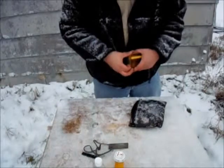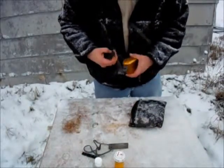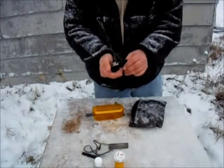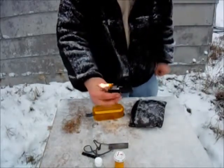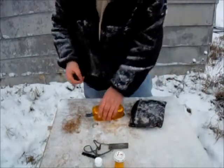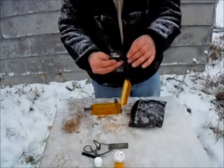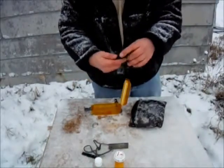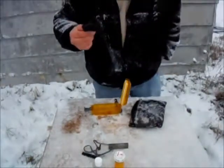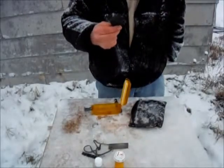And of course, my preferred fire starting method is right here. Good old Zippo lighter. My thumb's a little cold, a little tough getting going, but it strikes every time as long as I keep it fueled up. Now, if you carry one of these in your pocket for any period of time, if you're familiar with a Zippo, you know that fuel is going to evaporate in a pretty short time. I don't know if you fill it, if it'll last a week without evaporating,